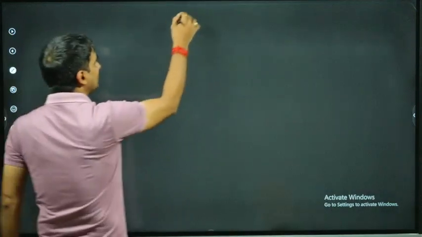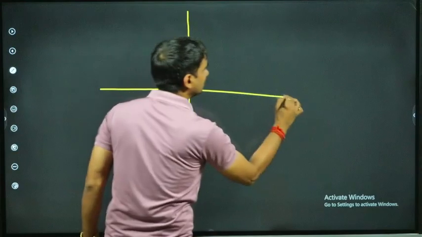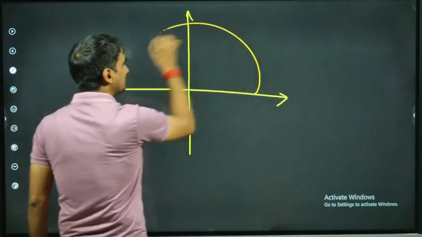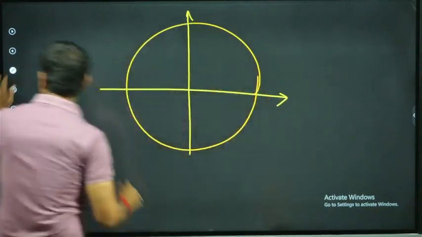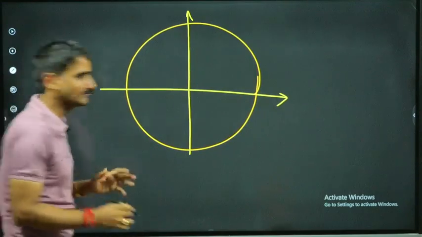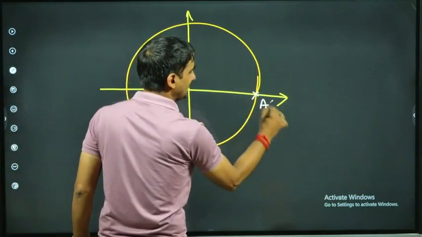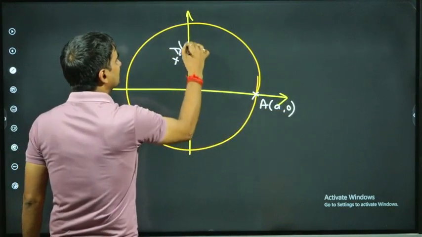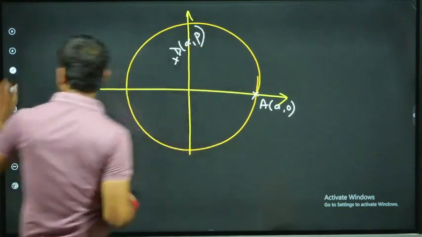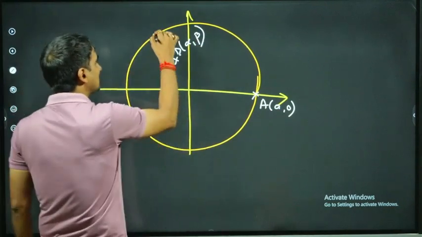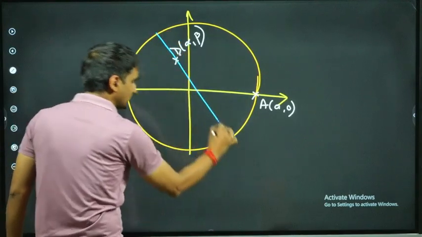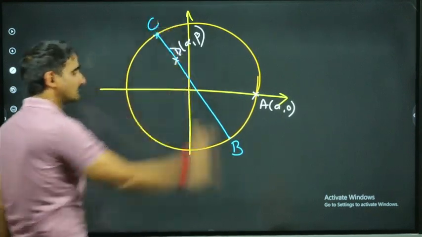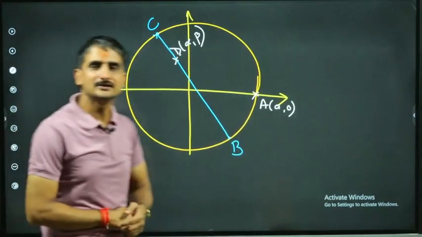So of course, whenever we have to solve any question of coordinate geometry, we should always start by drawing a rough figure. Okay, appropriate figure rather I will say, instead of calling it rough. So that's the point A here, (a, 0). There's a point D somewhere. Let's say this is (alpha, beta). Now there's a chord passing through D, arbitrary chord, but its slope is also given, so it can't be arbitrary in that case. I mean, it's not a variable type of chord, which intersects the circle at B and C.